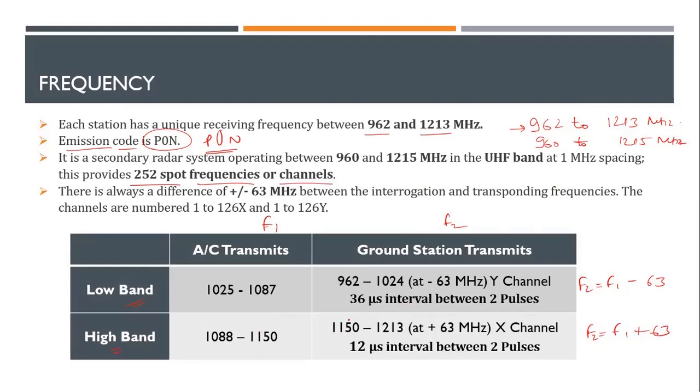More importantly, these signals are sent in twin pulses. That means not just one pulse, it is sent in twin pulses in order to have more safety and more reliability. The twin pulses in the case of the low band will have a 36 microsecond interval, and in the high band will have a 12 microsecond interval. This is the same principle of operation, just to make it more reliable. That's the twin pulse combination. In brief, that's what is important about DME.